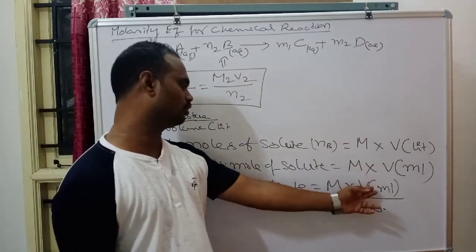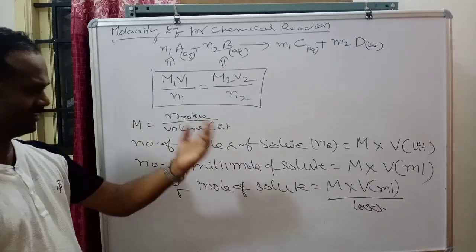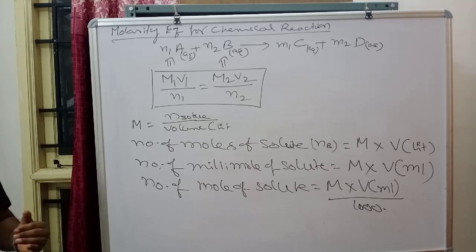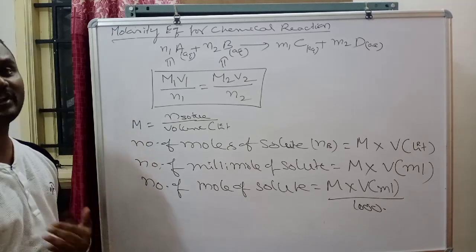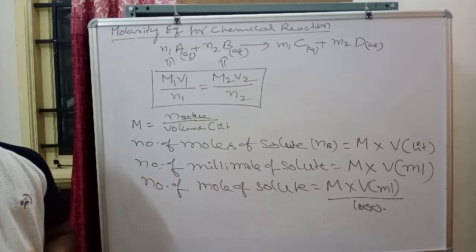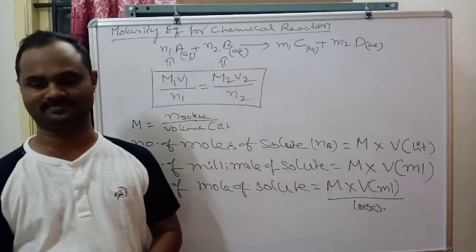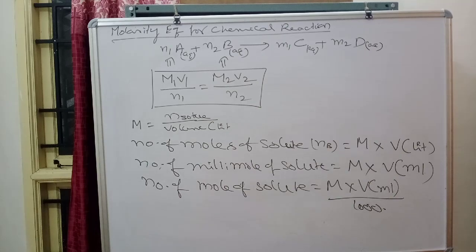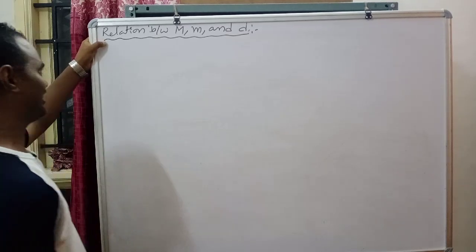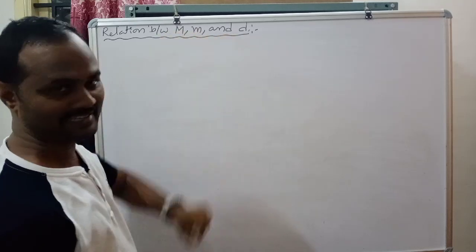Molarity you know, volume you know, and from that you can find how many moles or millimoles of solute are present in the solution. These are the formulas we generally use. Is it clear? Up to now we have seen molarity calculations in different cases, one formula at a time. Now we are going to see the relation between molarity (capital M), molality and density.